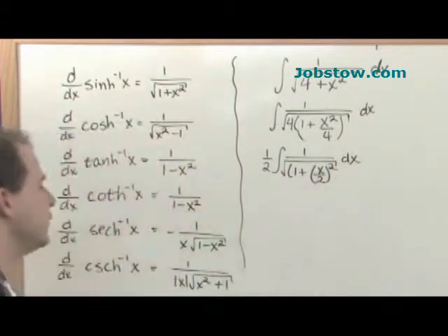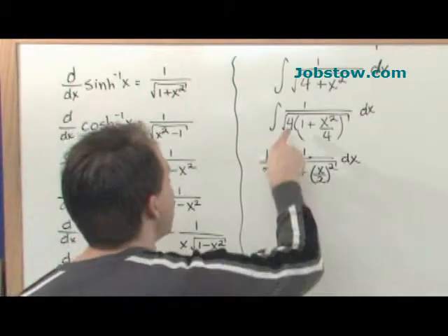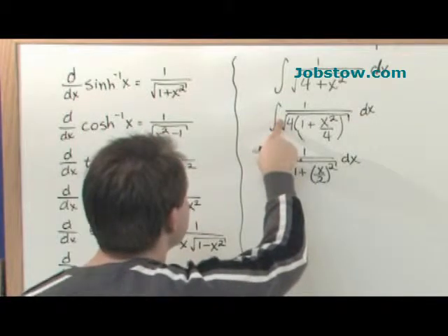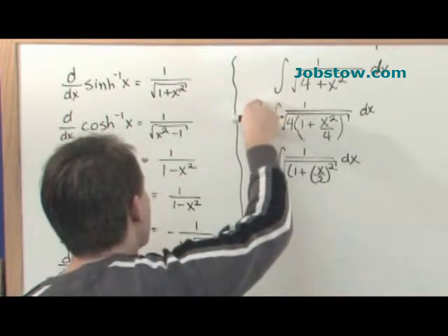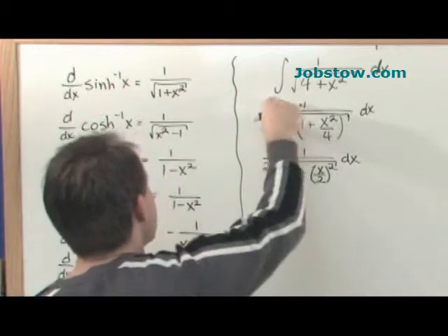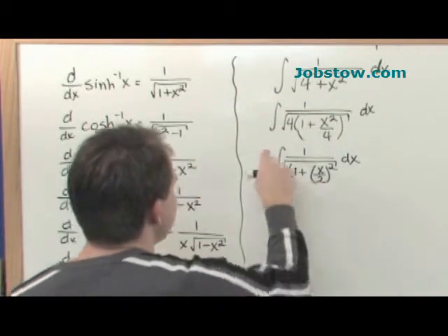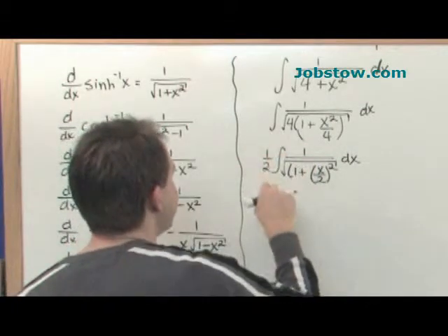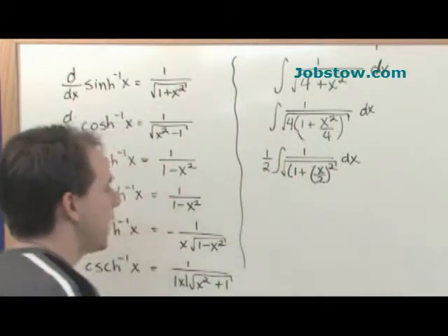And you'll see why I do that in a minute, but you see I've changed nothing. I've taken the square root of 4, so it becomes a 2 outside here on the denominator, so I can pull it out as a 1/2 because basically I have an implied 1 on the top of the 2 there, so it comes out as 1/2. Notice that if I multiply it back here on the bottom, I get exactly what I expect. I have 1/2 here, and I can move it back inside of the radical if I want to,